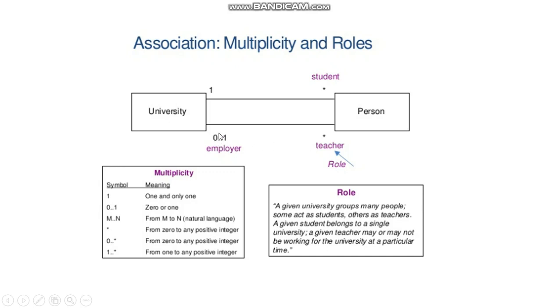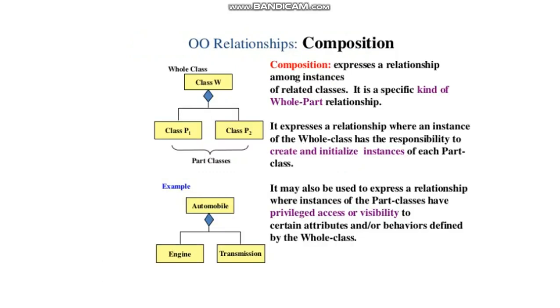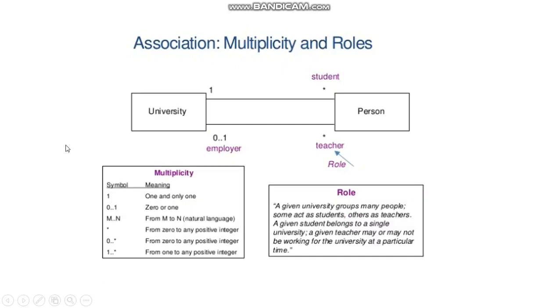In the case of 0 employer, the teacher himself is an employer as well as a teacher. An employer can have many teachers, as many teachers can work under 0 employer or 1 employer. That is how the association between the two entities can be specified. And also the role is given here as text. A person is an entity here. A university may have many persons involved. A person can have the role of a student, and also a person can have the role of a teacher.